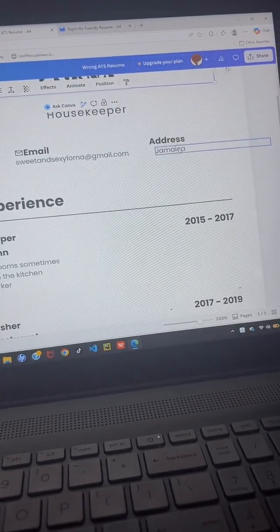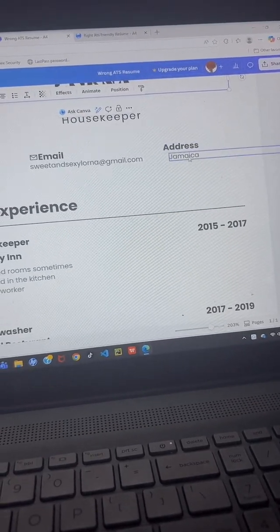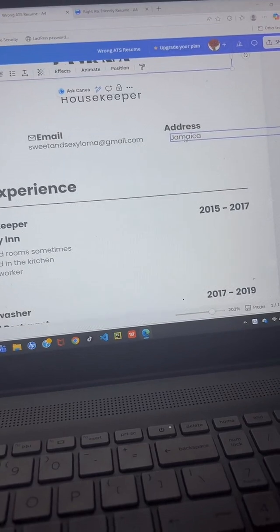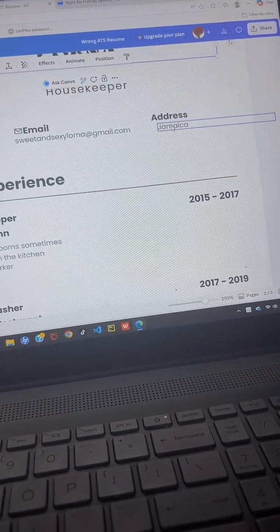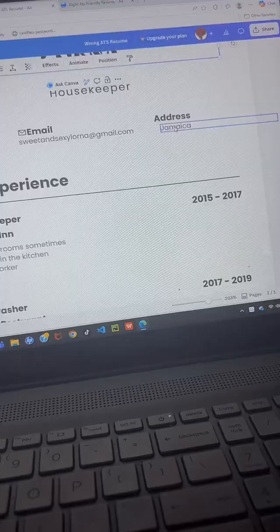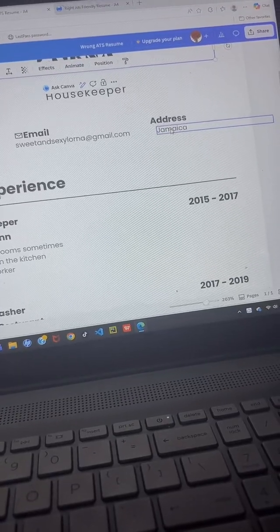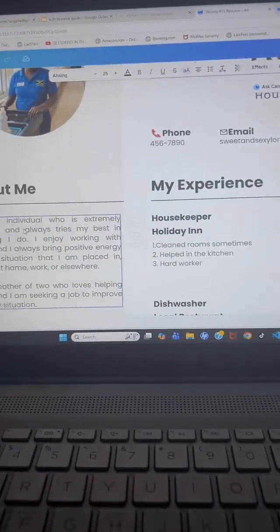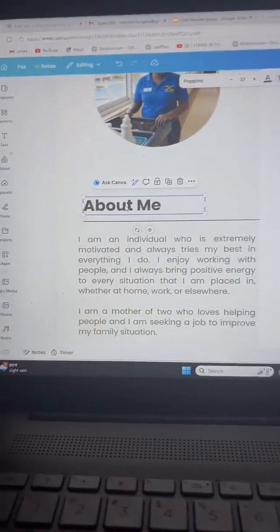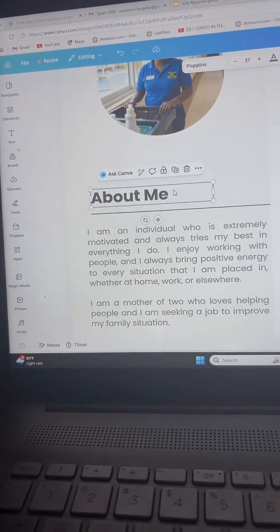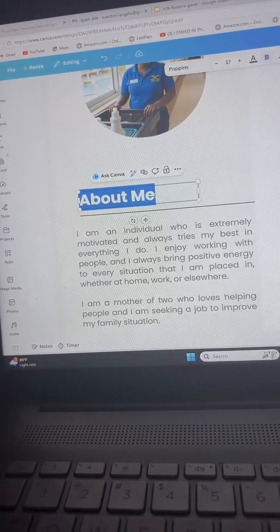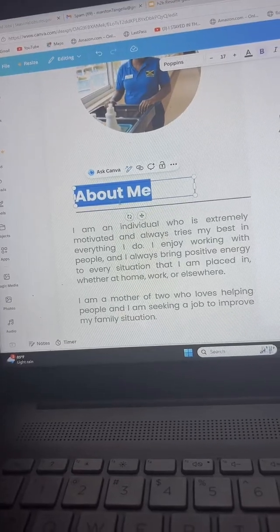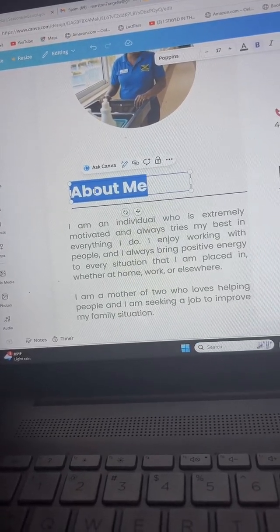For where you live, don't only put Jamaica, don't only put the country, put the city and the country. Alright, so this is basically labeled wrong. This should be summary, so don't put this. This is wrong.